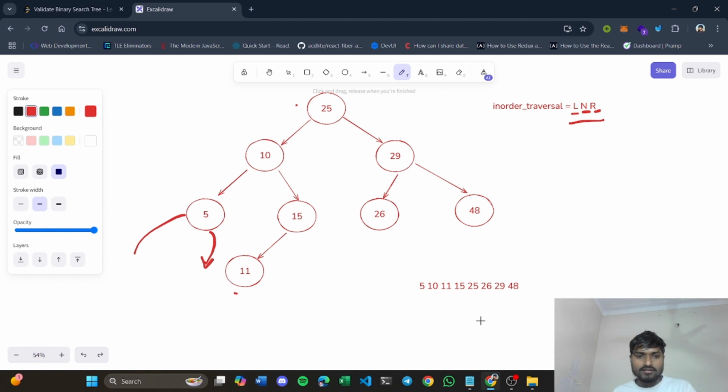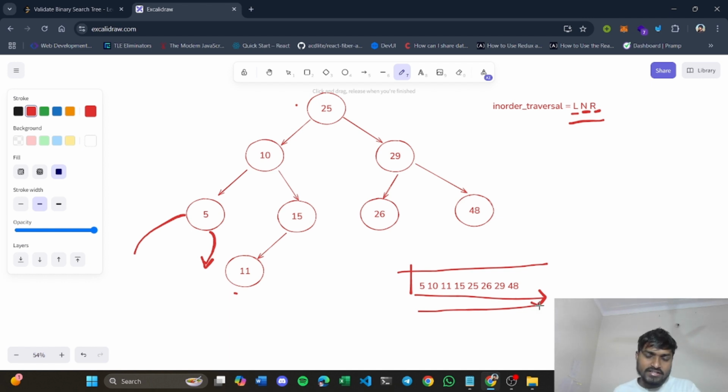So what we will do, we will first find the in order traversal of a given tree, given BST, right? And we will check whether its in order traversal is sorted or not. If it is sorted, it means that this binary tree is satisfying the given condition of this problem, so it will be a valid binary tree. Otherwise, it will not be. So basically, we will first find the in order traversal of this binary tree and check whether the sequence we are getting is sorted or not. If it is not sorted, it means it is not a valid binary tree, right?